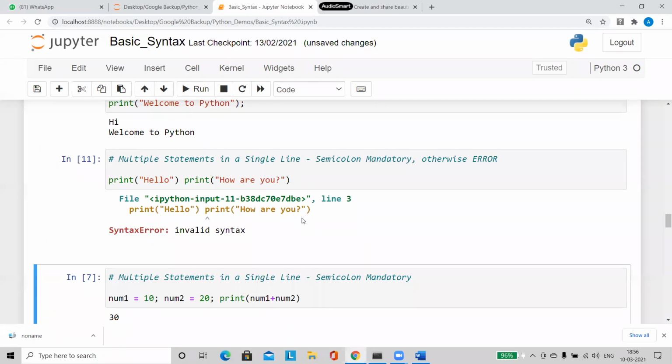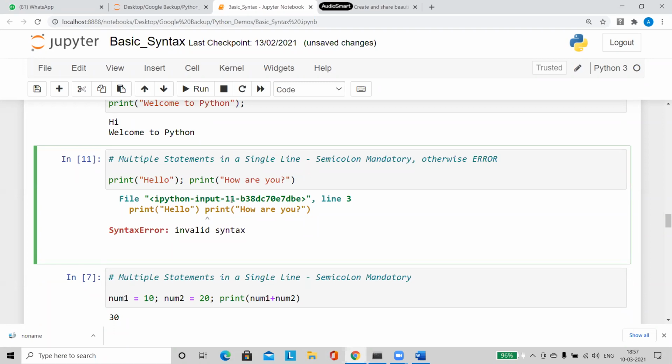See. When you have more than one executable statement in a single line, understand my words very carefully, then semicolon is mandatory. Now semicolon becomes mandatory.